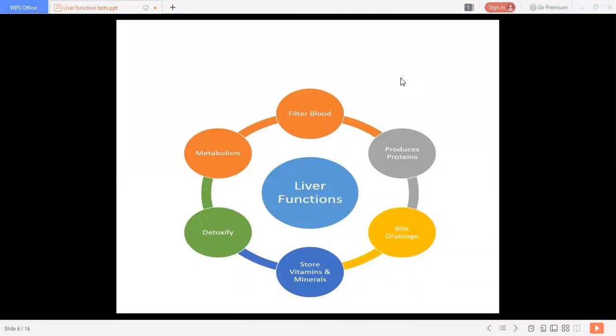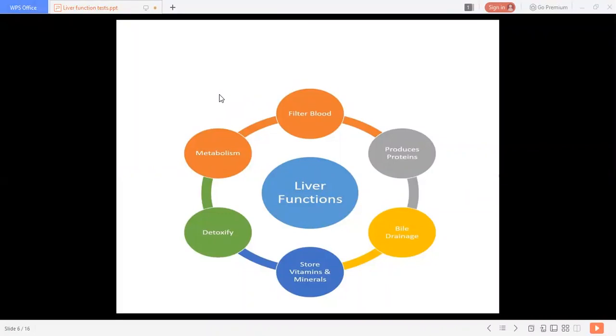These two aminotransferases are mostly analyzed in individuals undergoing treatment for liver diseases, to evaluate the efficacy of the treatment, to evaluate any damage of the liver, and again to evaluate the metabolism of the liver. So it is a very important study, this AST and ALT, that is SGOT and SGPT levels. Then next we discuss